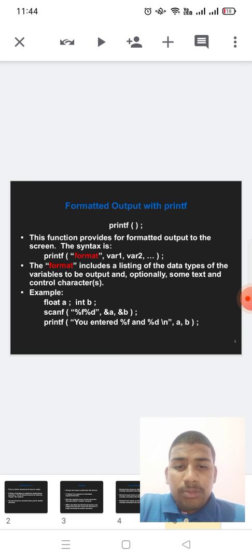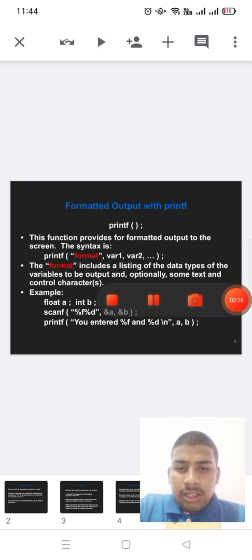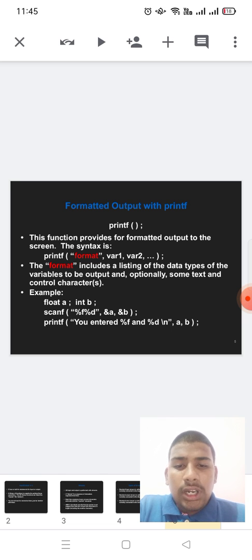Formatted output with printf. This function provides for formatted output to the screen. The syntax is printf(format, variable1, variable2). The format includes a listing of the data types of the variables to be output and optionally some text and control characters.